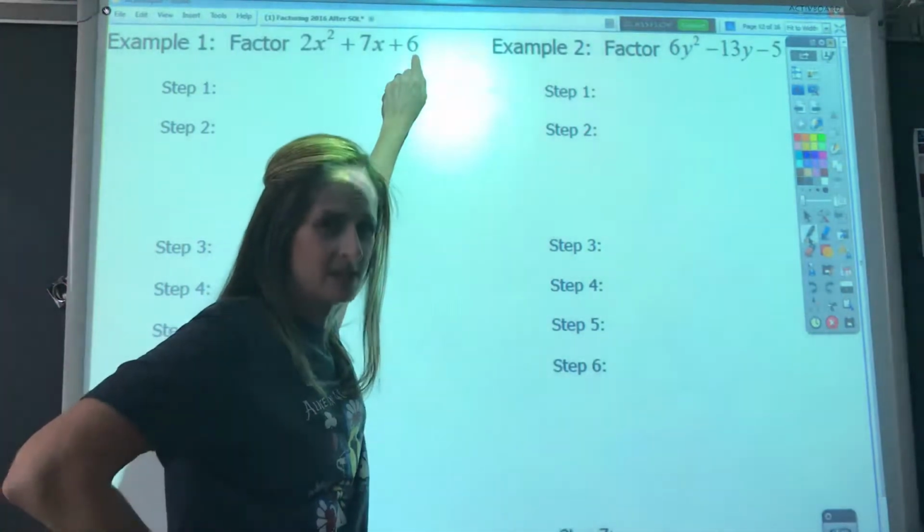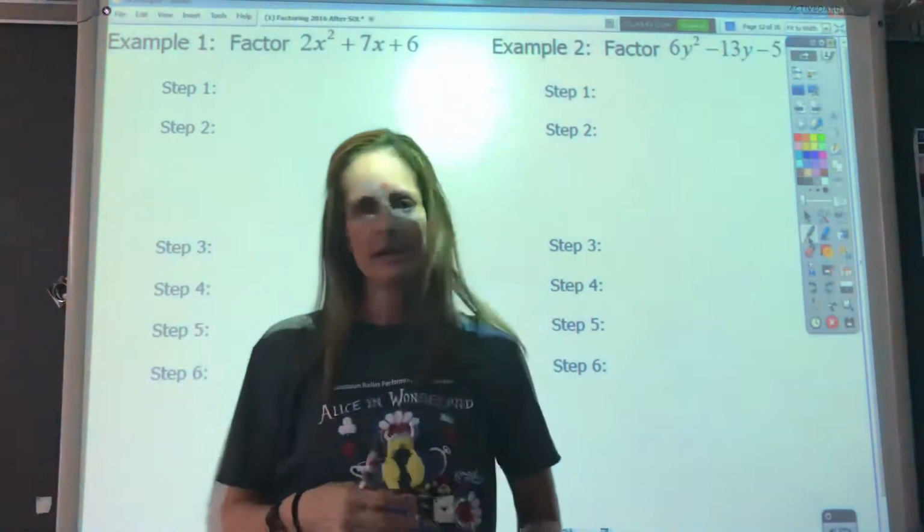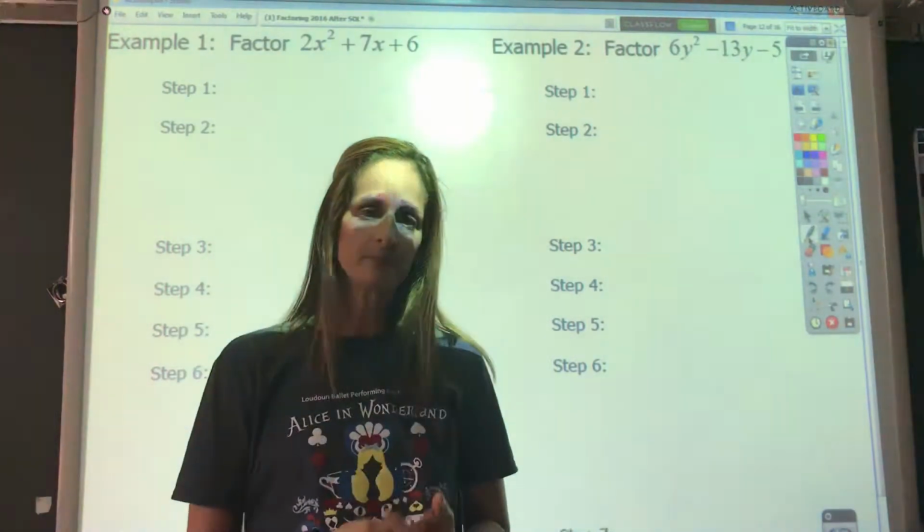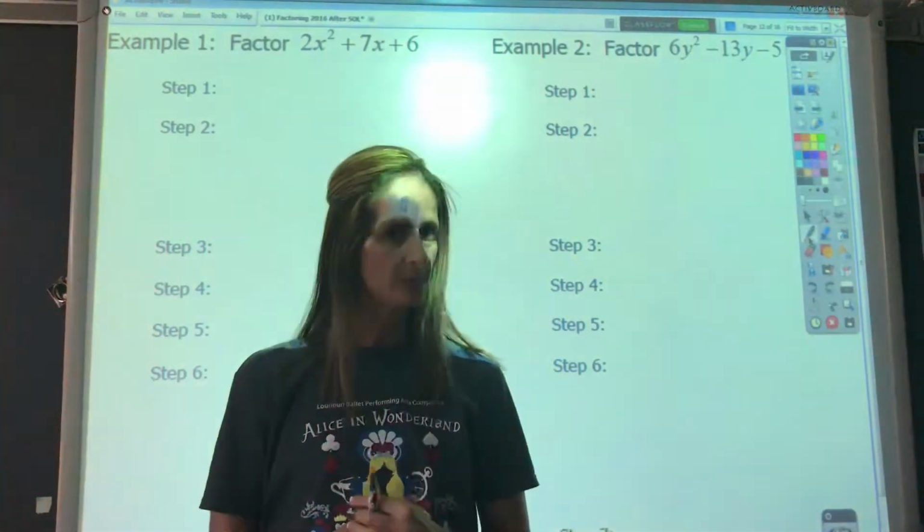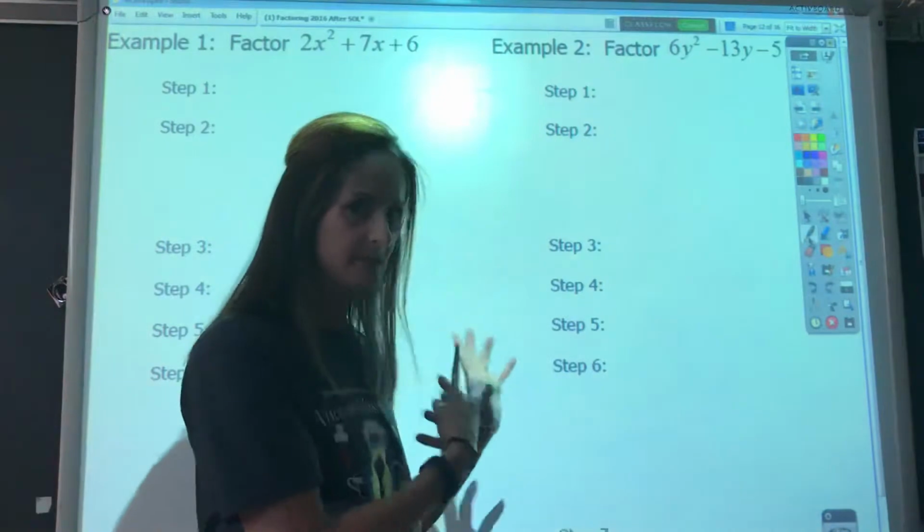And you have to do a lot of guessing, and then the signs are all different and stuff. It can get kind of complicated. You could use a method called grouping. And the first thing we do for grouping, I'm going to show you with the same example because we should